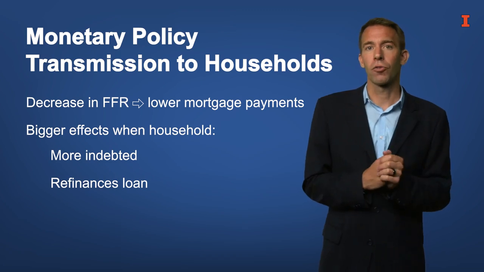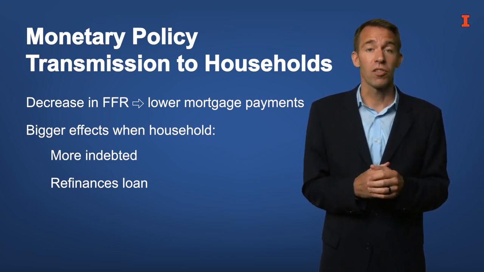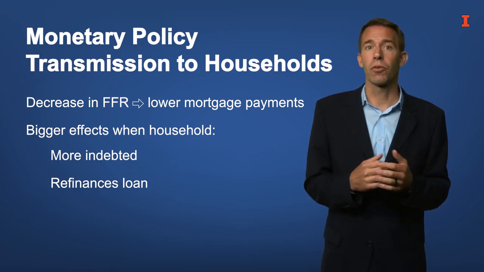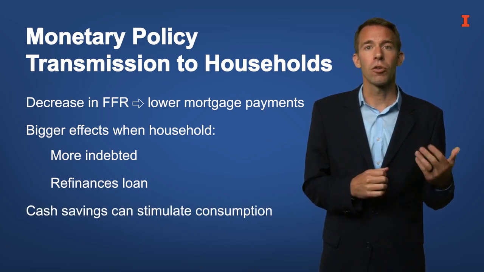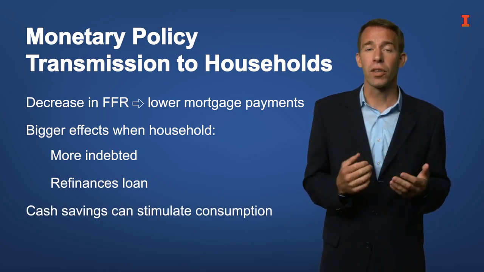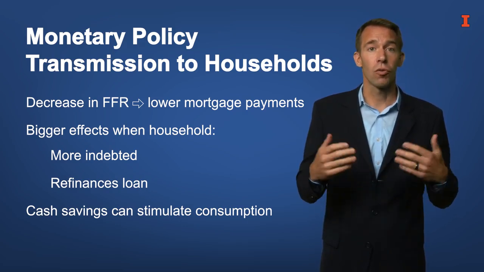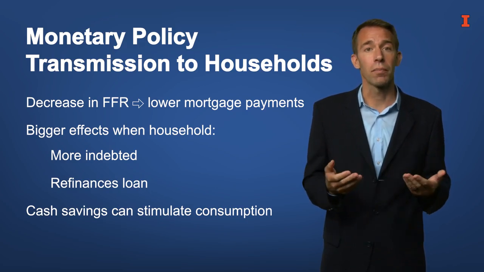What did the households do with the extra cash? Households that saved on mortgage payments tend to consume more. For instance, people may go out for dinner or start renovating their house. Spending on durable goods and cars increases. As a result, the demand for goods and services go up, which benefits businesses and stimulates the economy.